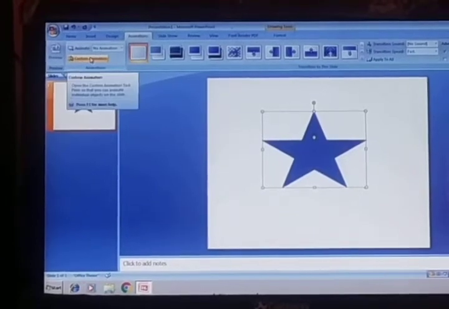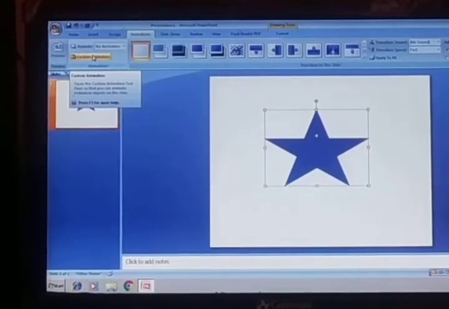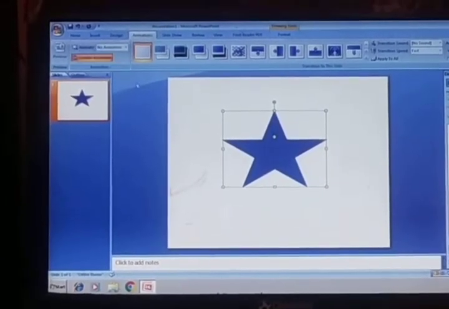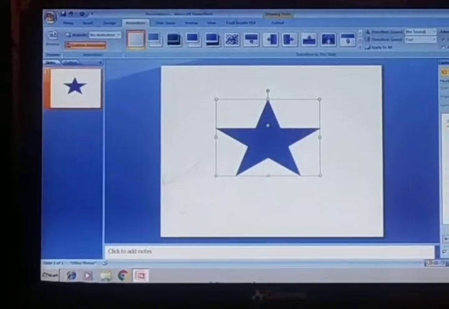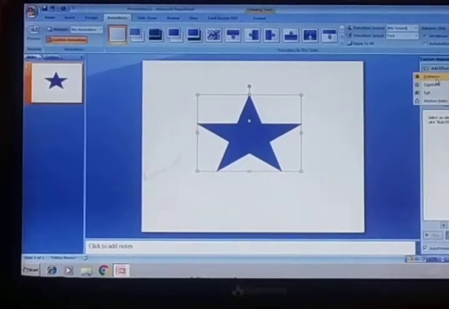Then click on the animation tab, then custom animation. When you click on custom animation, the add effect box will appear. Then you can give any effect.